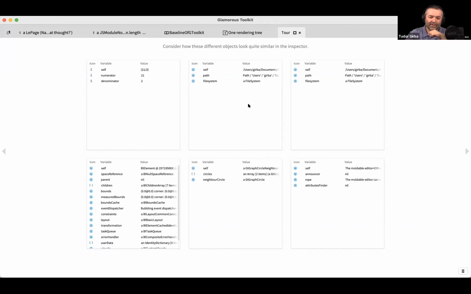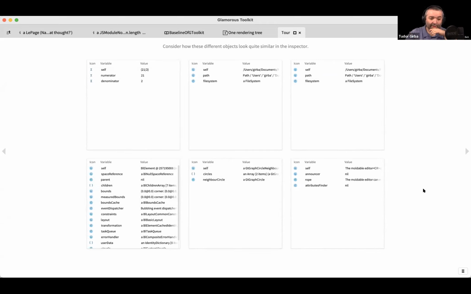So if you look at these 6 things that you see here on the screen, these are 6 different objects, right? And typically when we think about objects and inspect them, we're going to see variables and values because that's what we see. All objects in the world are pretty much viewed or inspected in exactly the same way, so we're going to see these 2 columns over and over again. And they look kind of similar. I can see this one has more variables than the rest of them, but other than that, it's hard for me to distinguish.